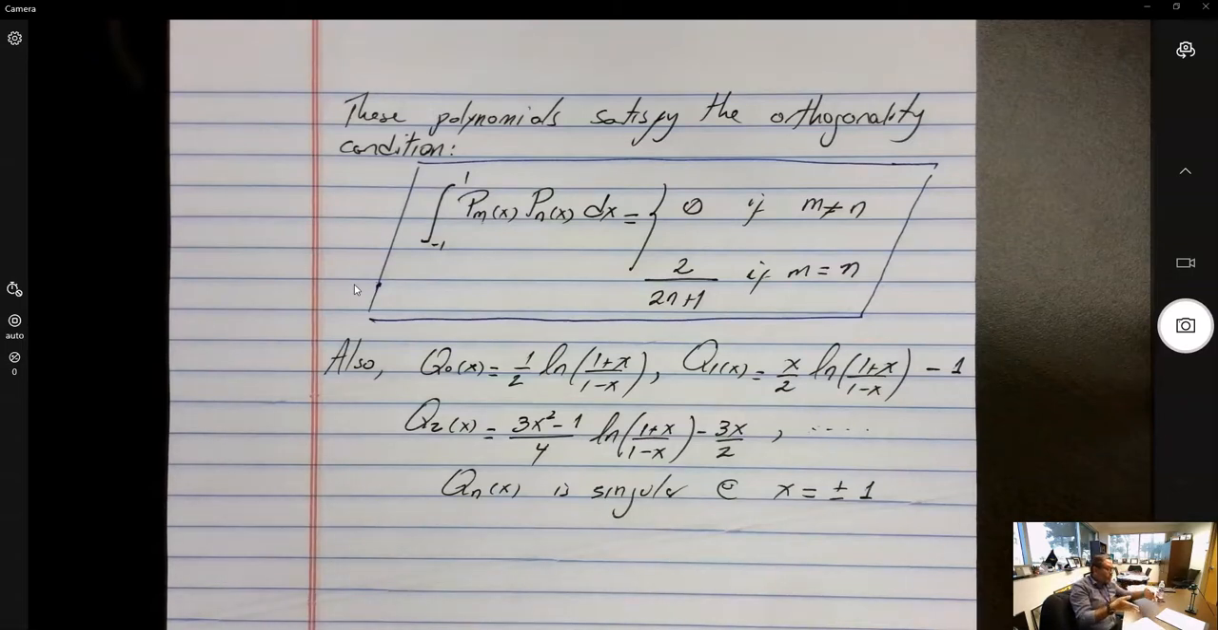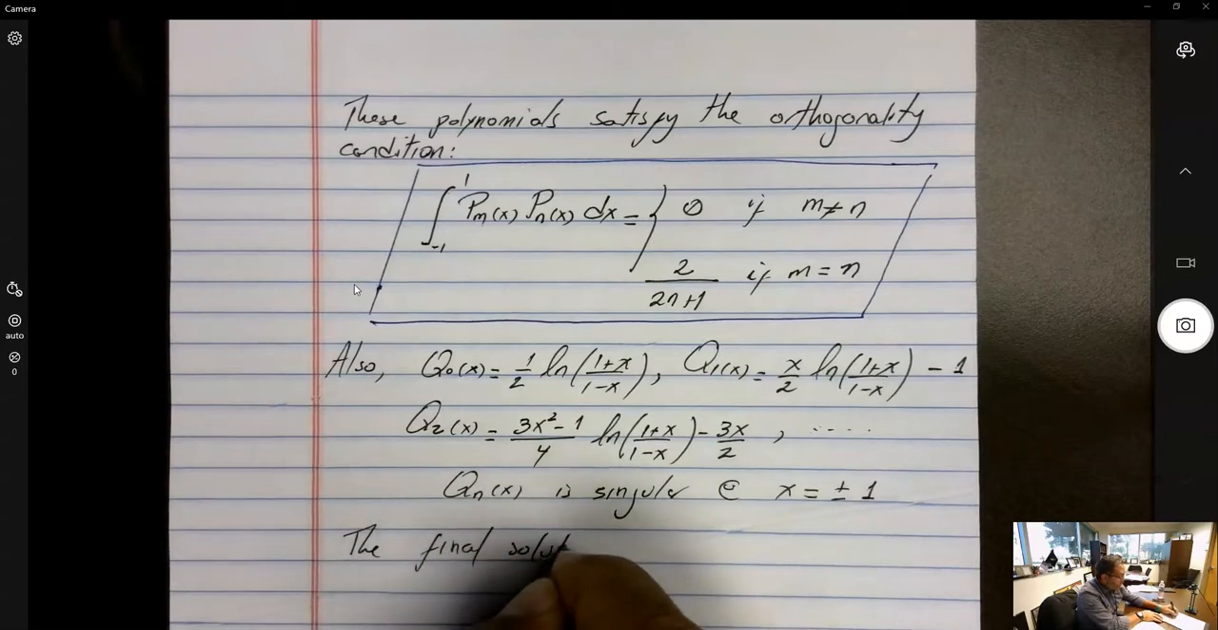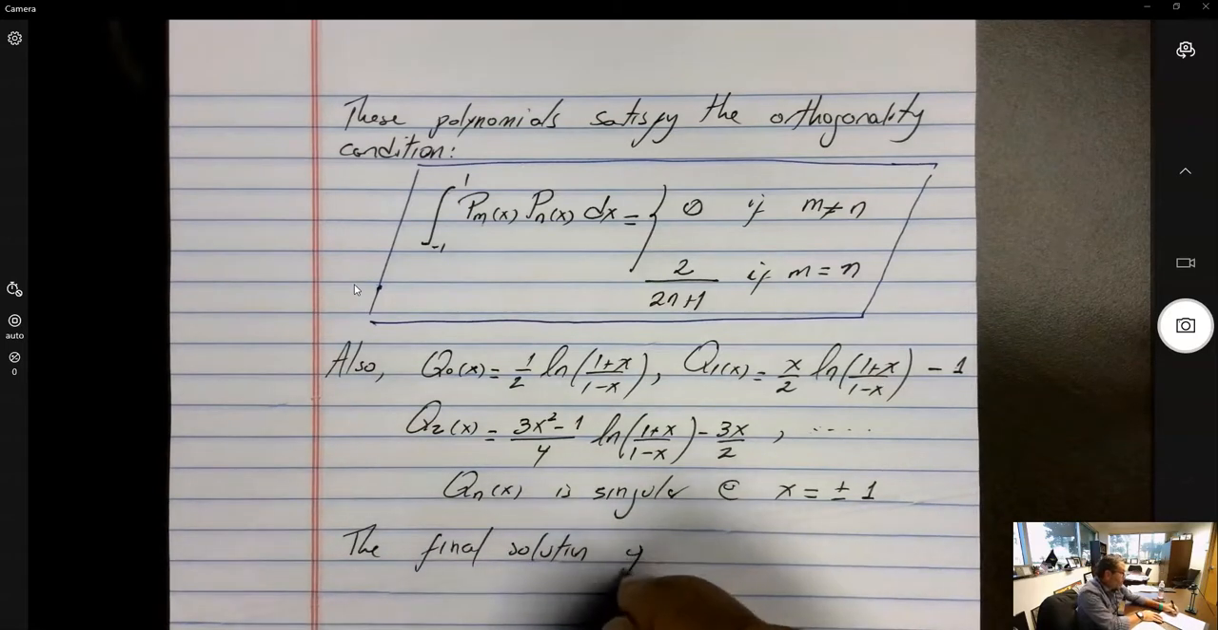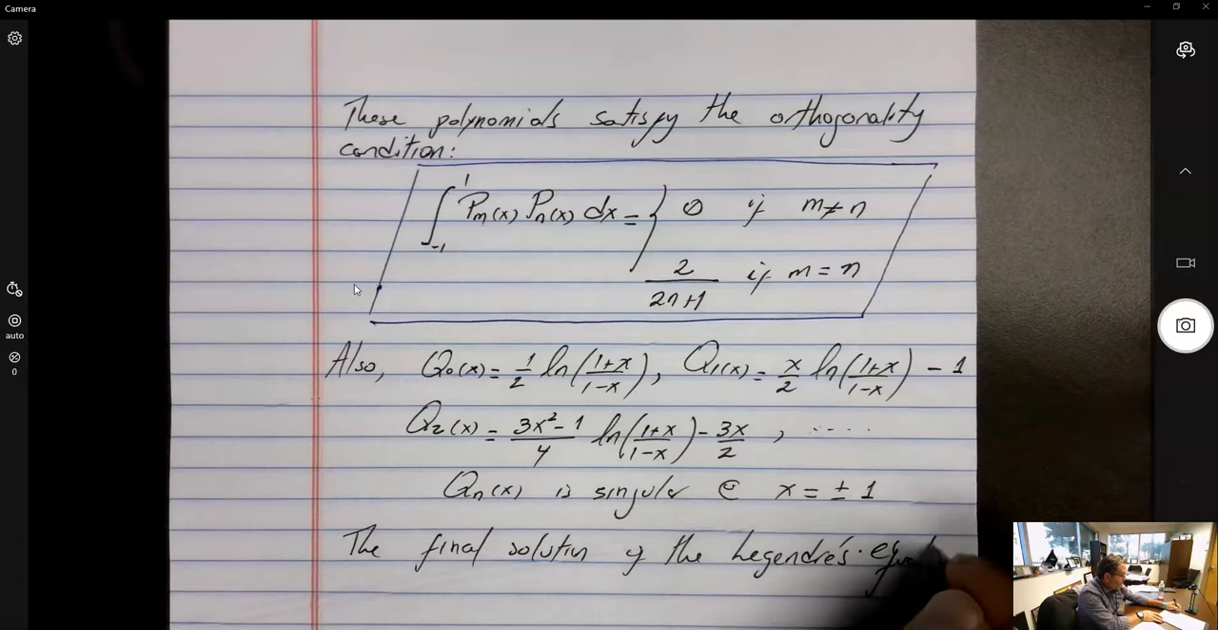And we said that the solution, whatever it is, of these equations would only be valid between x equal 1 and x equal minus 1, because that's the radius of convergence of the original Taylor series that we proposed as a trial solution to this problem. So the final solution of the Legendre's equation goes like